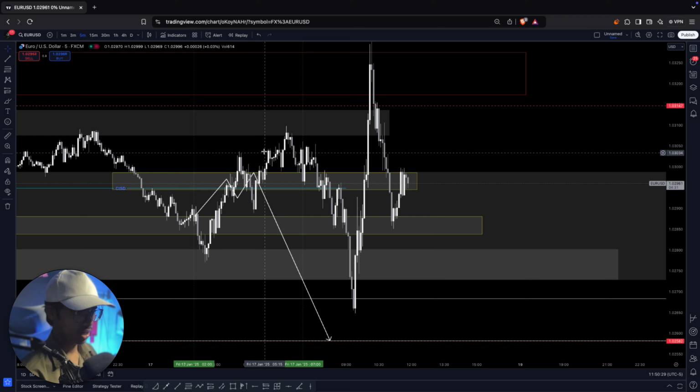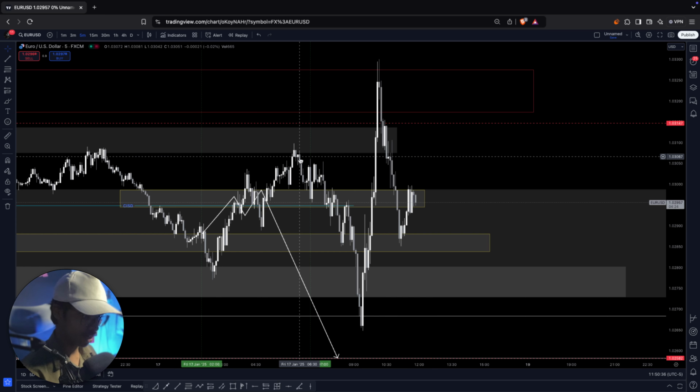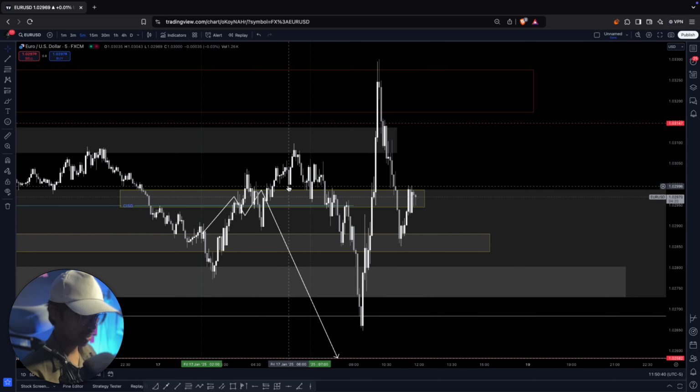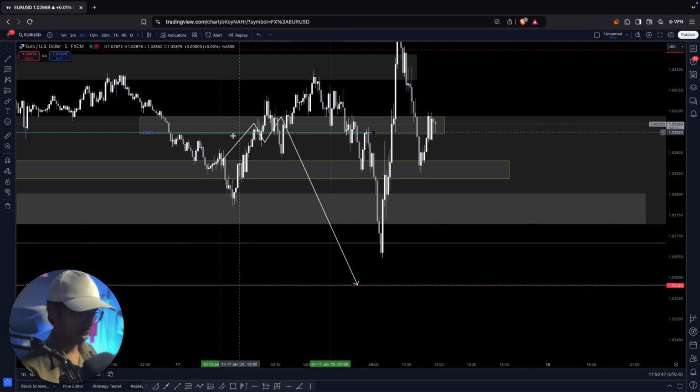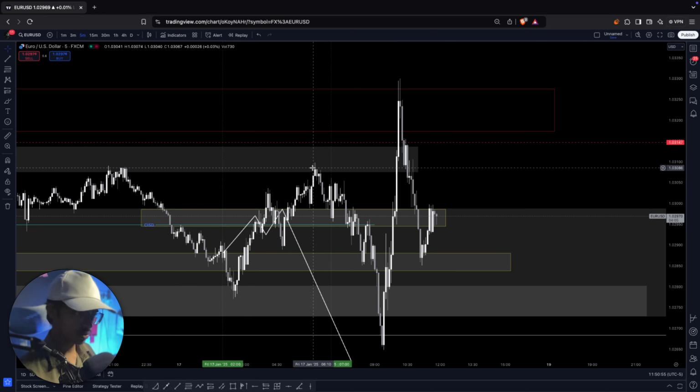It went up higher, but then you can see this particular high was taken out by this high. Then it fell down, again went up, and again fell down. Here we have the change in the structure of delivery. I anticipated it would go up and then come down, and that's what it did, but it went beyond this fair value gap to touch this fair value gap.